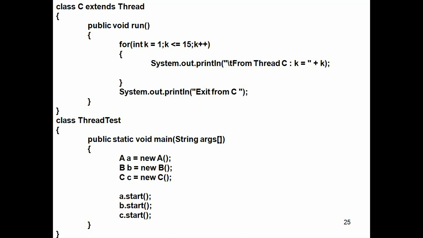After this, automatically these threads enter the CPU whenever the CPU is idle. If the thread is present within the CPU, at that time the thread executes its run method, running the statements present within it.